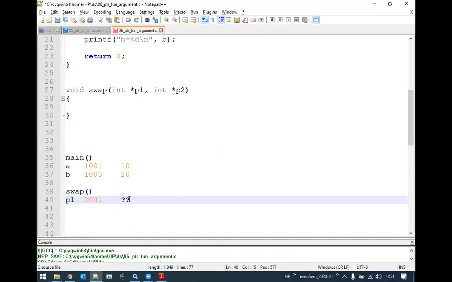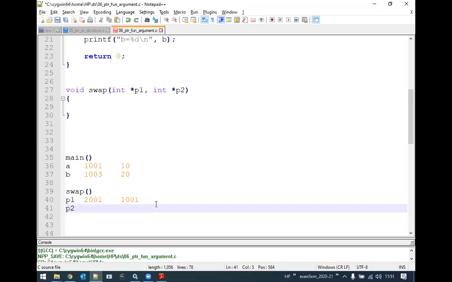The address of variable A. What is the address of variable A? It is 1001. In the same way, P2, when it is declared, has memory address 2003, this is an assumption. And now the content of P2 will be the address of variable B. The address of variable B is 1003, so 1003 is now stored into P2.